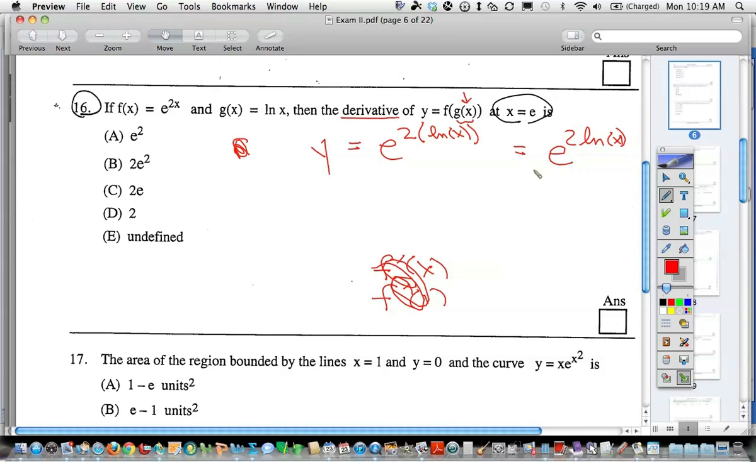So how would you do the derivative of e to the 2 natural log of x? The rule for e to the u is e to the u times u prime. So we get e to the 2 natural log of x times the derivative of the inside. The derivative of 2 natural log of x: the 2 hangs out here, and the derivative of natural log is 1 over x. That'd be 2 over x. Right? Just like that. Then we could plug in our